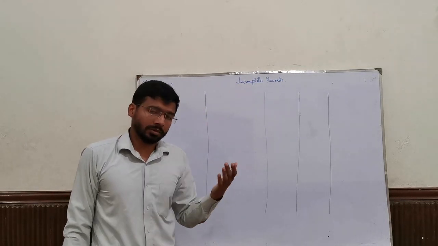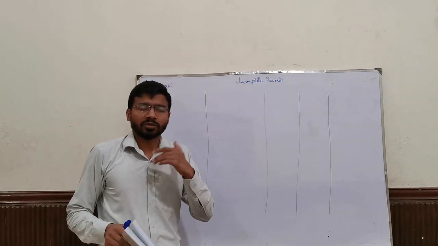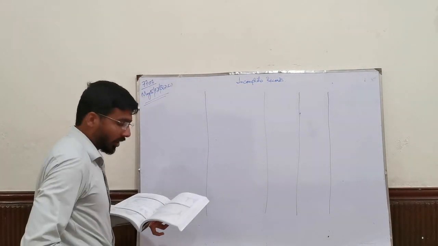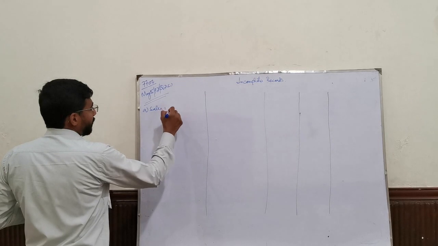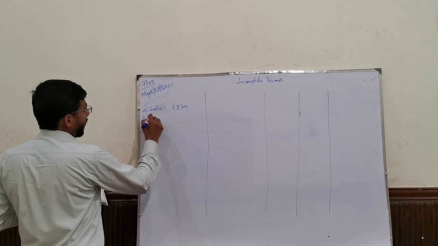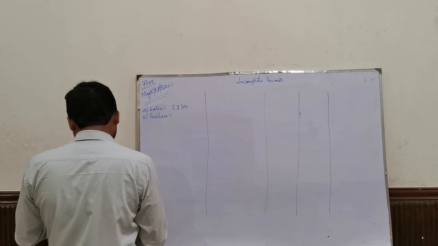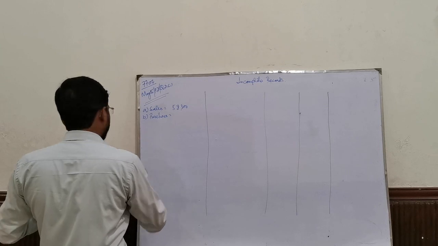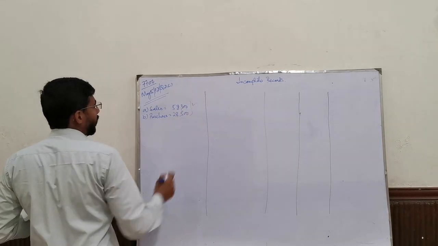So I would request you to please open your notebooks to the pages where you have done part A and part B. In part A, we calculated sales, which was 58,300, and in part B, we calculated purchases, which was somewhere around 28,500. These two figures we have already calculated.